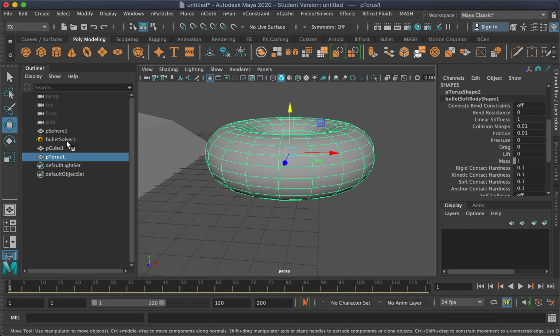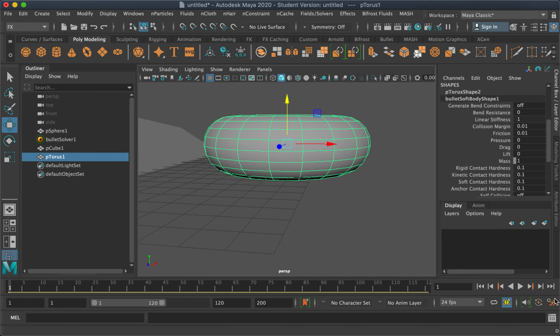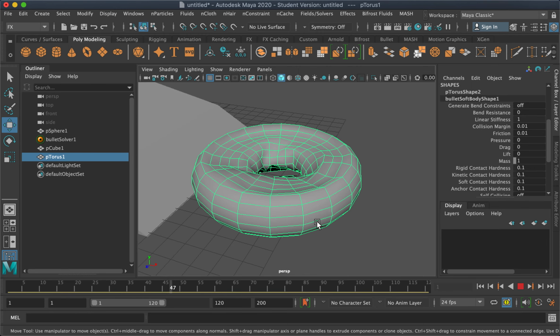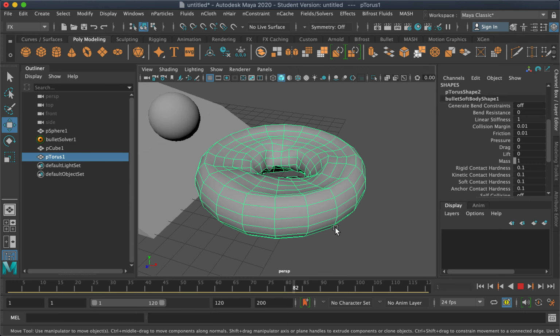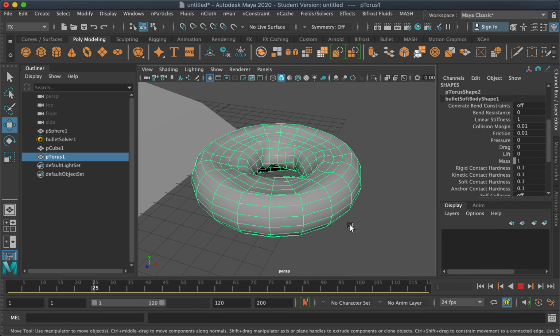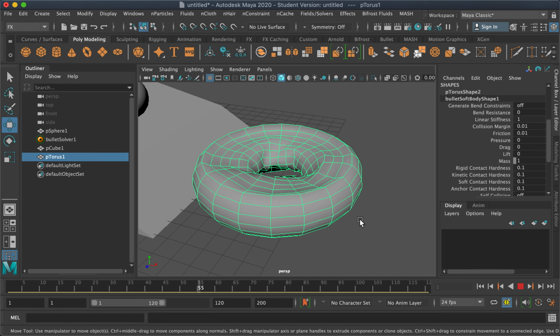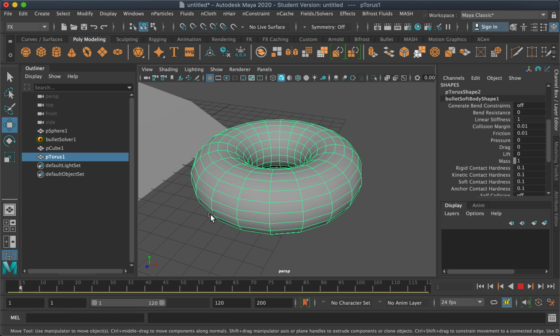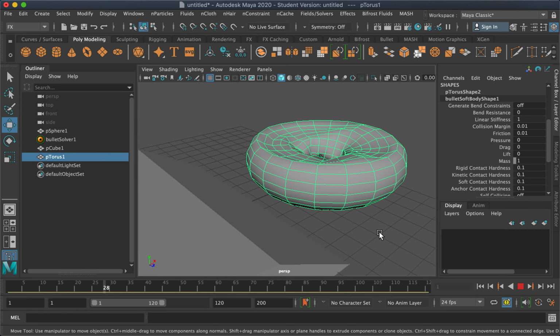By default, the bullet solver will still affect this object. So if you play this, you'll see it looks like a, what do you call it, a balloon, or inflating device.